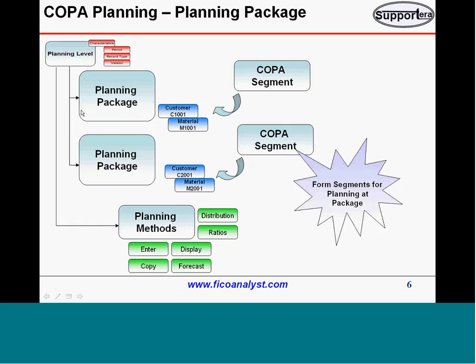The planning method is nothing but you are processing the plan data as a planning method. You have the planning level and planning package, and then these two together you have planning methods to execute. For example, I am going to enter customer C001, material 1001. Now I want to enter the data. At this planning method level, you will decide what value fields I need to pick up,